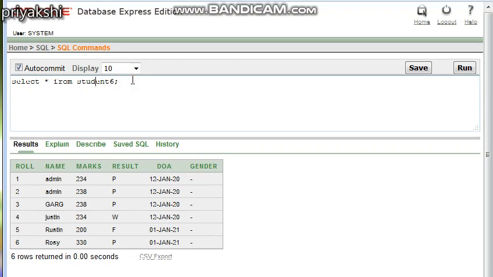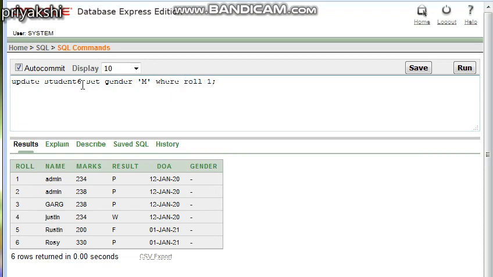You have to write update student6, then use set. What do we have to set? The value of the gender. Gender equal to what? Suppose for the first roll number the gender will be male, for example, where roll equal to 1.